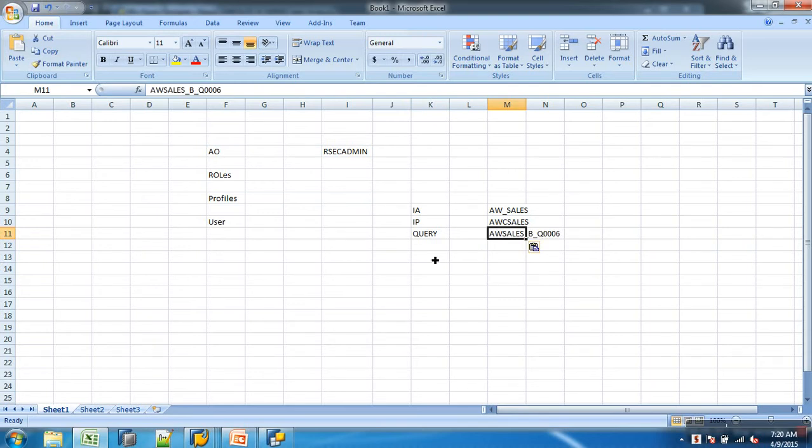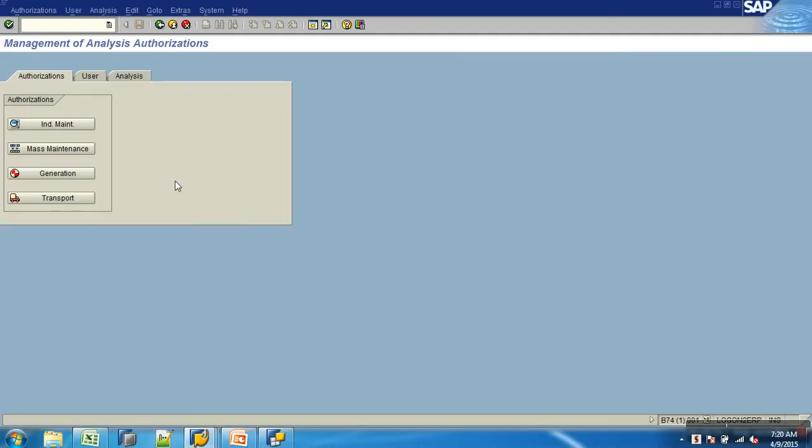And for this query, what activity do you want him to do? Do you want to allow him to change the query or only display and execute this? Only display and execute. These are the two actions he should be able to do. That's what we are targeting. Okay, this is my target. Within this, only one set of data for sales channel code. That's all. Okay. So how do I do this?